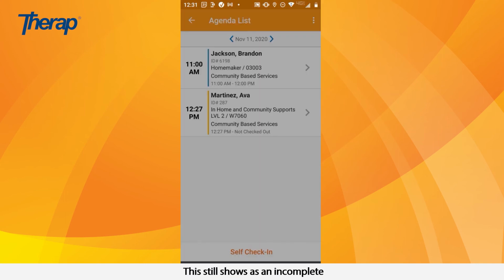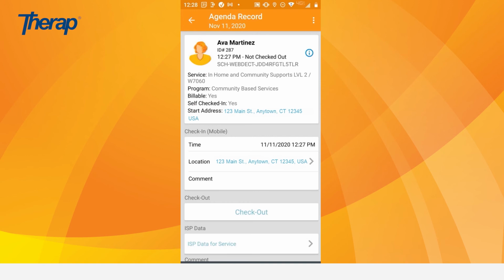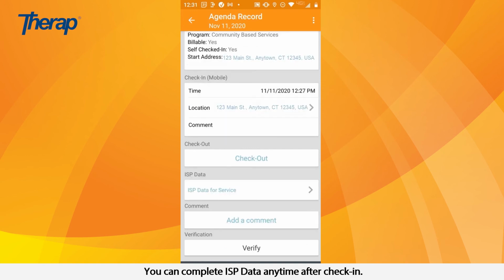This still shows as an incomplete schedule, that orange line. That's because I have not yet checked out for this visit. You can complete ISP data anytime after check-in. So even if you've already checked out for this visit, you could still come back in and complete that ISP data for the service. If you needed to make a change to your ISP data that you've already documented, you can touch on ISP data for the service,